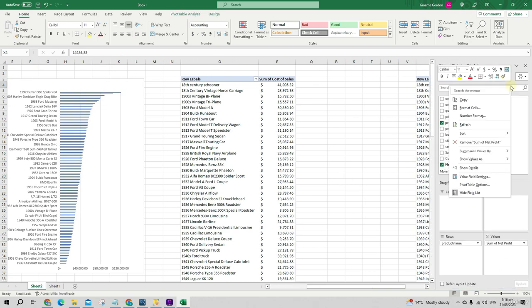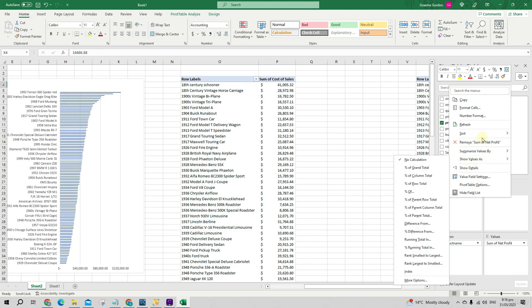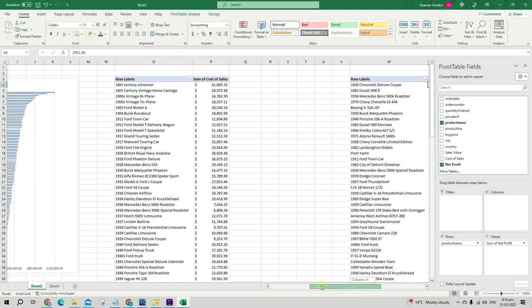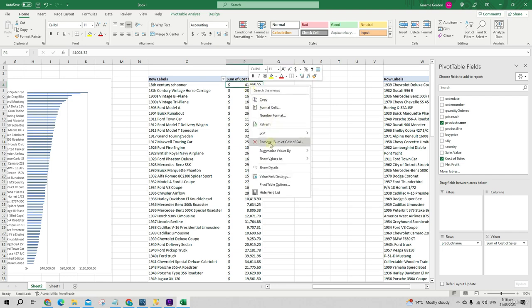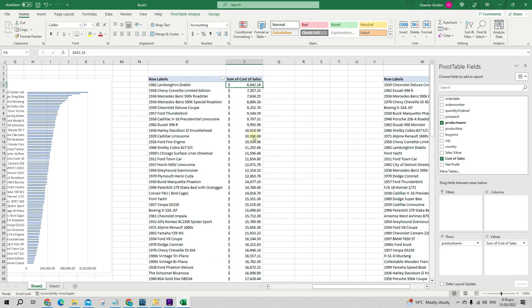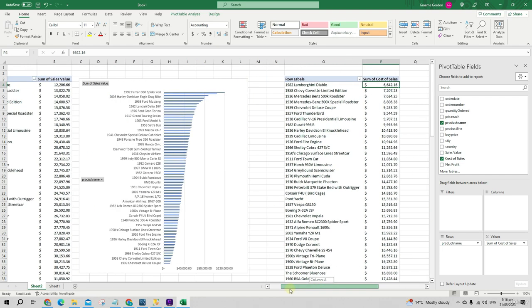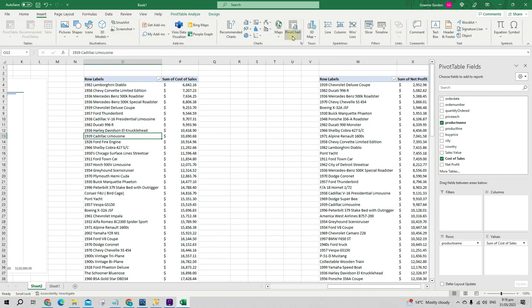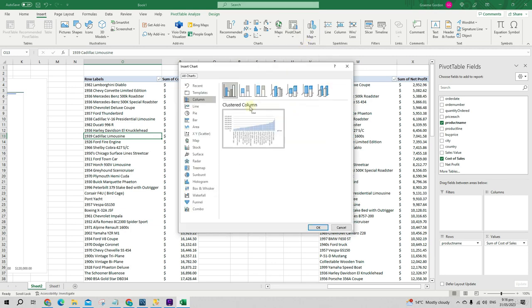And now we can sort our net profit, smallest to largest, and then we can do the same with our cost of sales, and we can just give the exact same charts as we have for our sales value. So let's just insert 2 pivot charts, bar chart to show cost of sales,